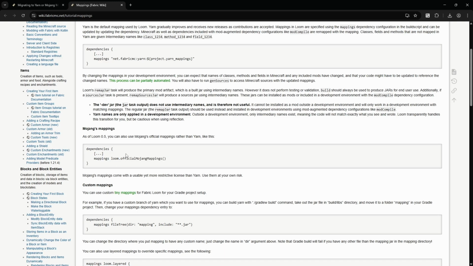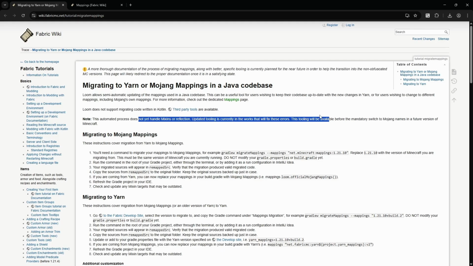So it says Mojang's mappings come with a usable yet more restrictive license than Yarn. Use them at your own risk. Now, guess what? We will eventually use Mojang's names sooner or later, so there is no risk there anymore. And there will not be any restrictive license anymore, because Mojang is not obfuscating Minecraft Java anymore in the near future, and apparently the version that I didn't know in the previous video that I was talking about is actually the next version, maybe 1.21.11, I'm not sure, but it will be soon. So that is why you see that the Fabric team is moving so fast and the toolchain is under